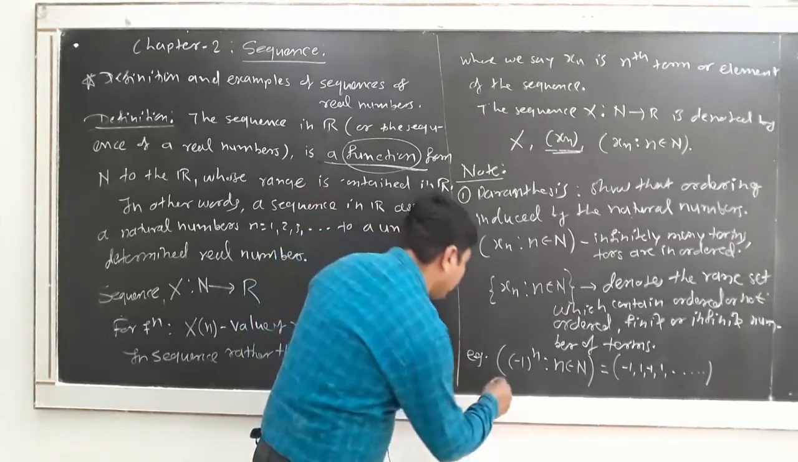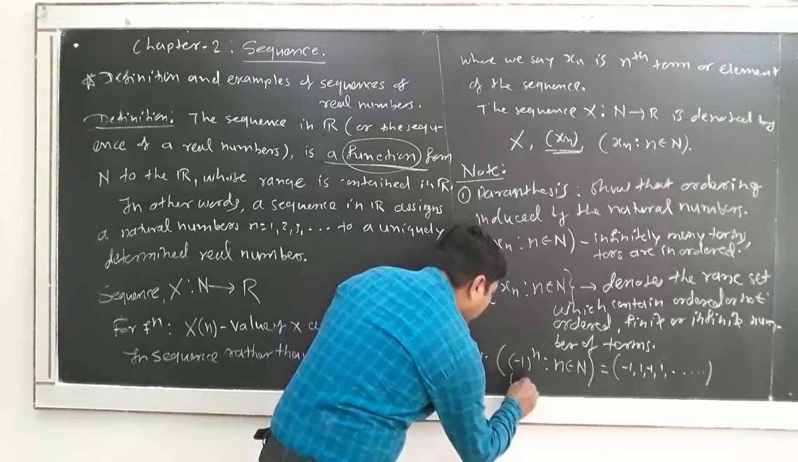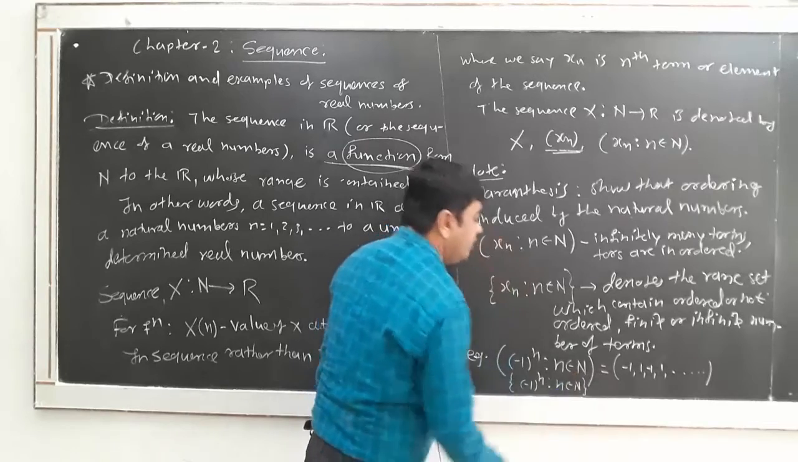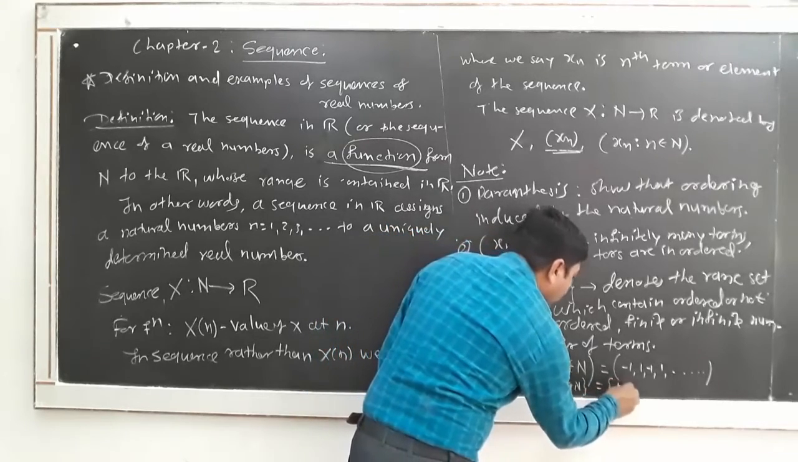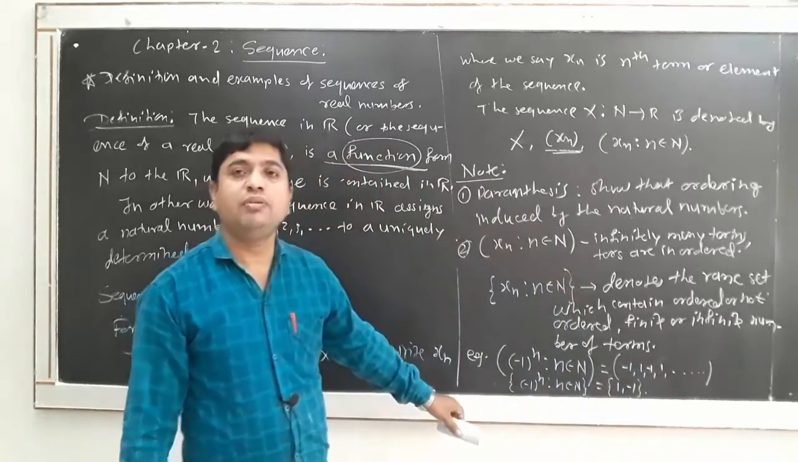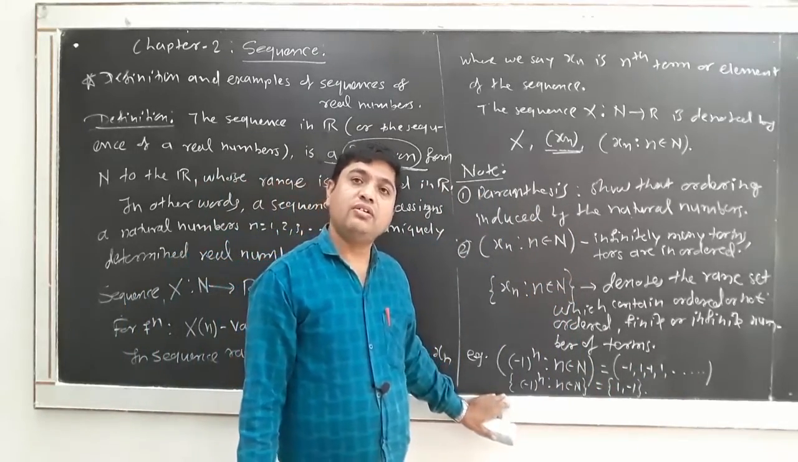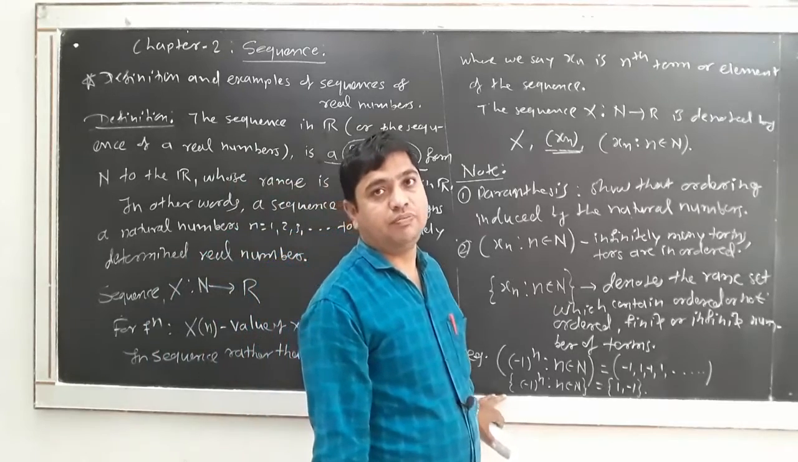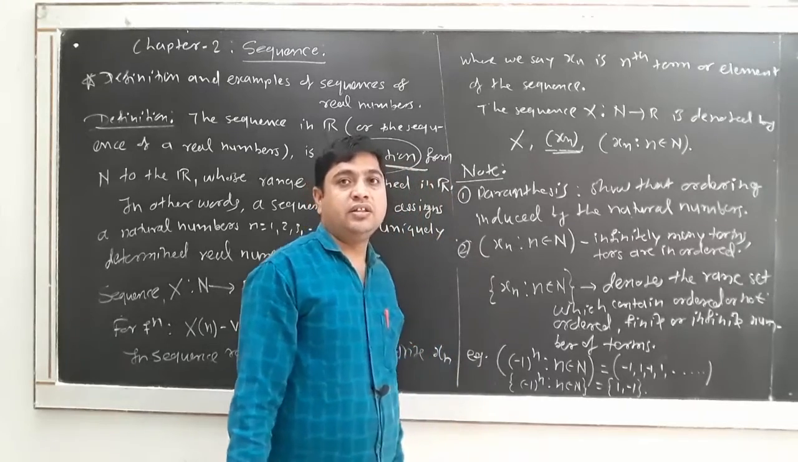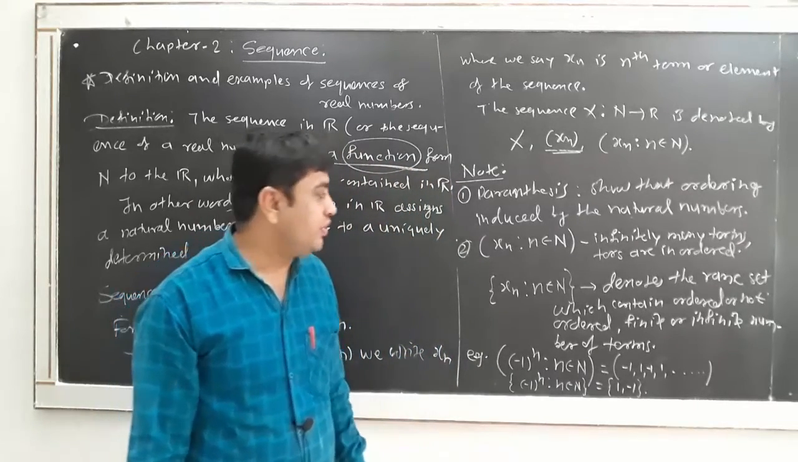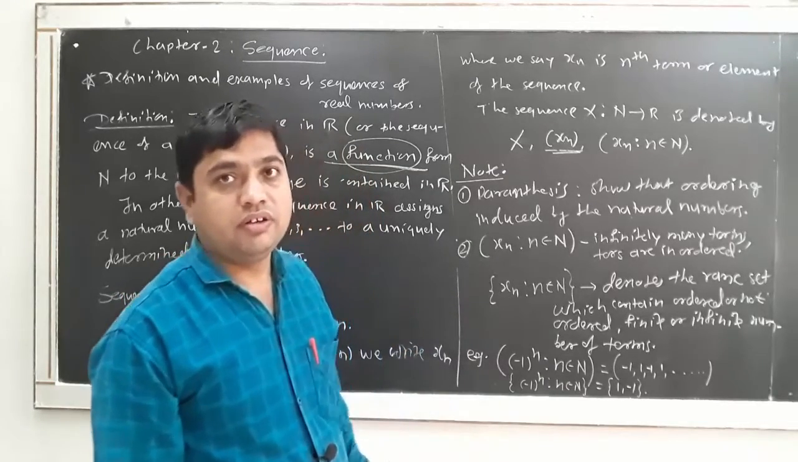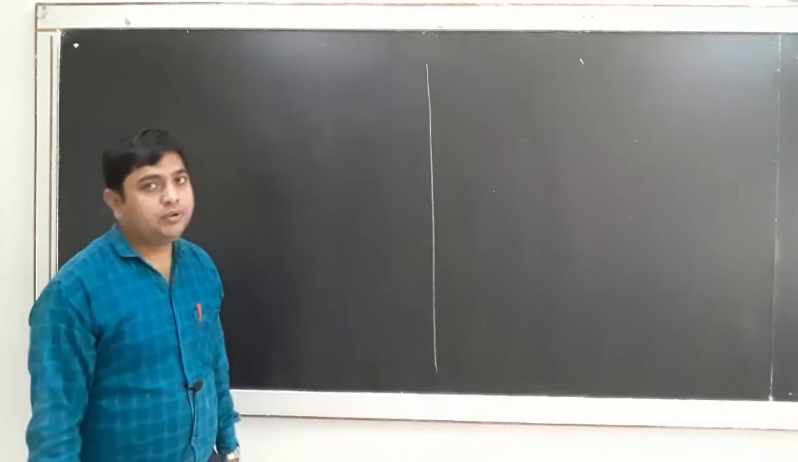And now we have the set (-1) raised to n, n belongs to the natural number, and this is nothing but the set 1 and -1 only. That means this contains finitely many terms. They are ordered or not ordered, we can say. That means these two are very different things. So keep in mind, it is very important. This parenthesis denotes the sequence. Okay? Sequences can be defined